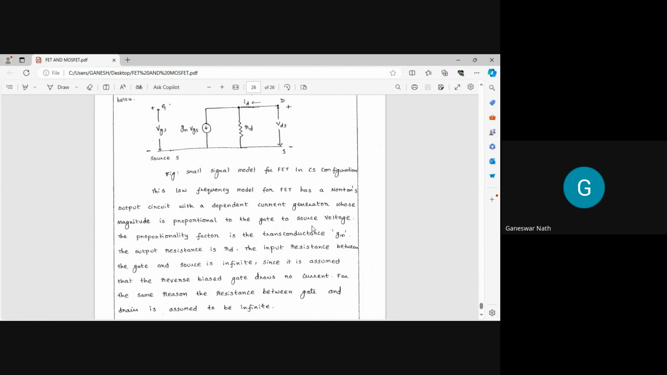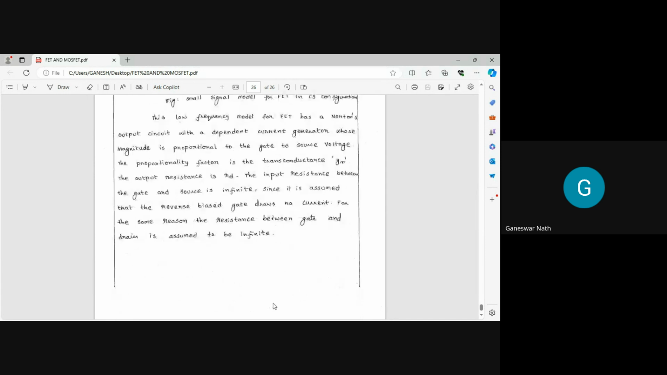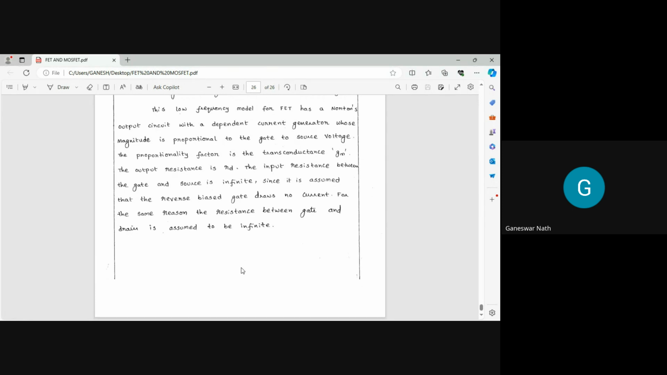You can find the source voltage and also the proportional gate to source voltage, and the proportional factor is the transfer term, the transconductance, gm. The output resistance is rd, and the input resistance between the gate and the source is infinite, since it is assumed that the reverse-biased gate draws no current. For the same region, the resistance between the gate and the drain is assumed to be infinite. So, while you can compute all these for JFET and MOSFET, you must get